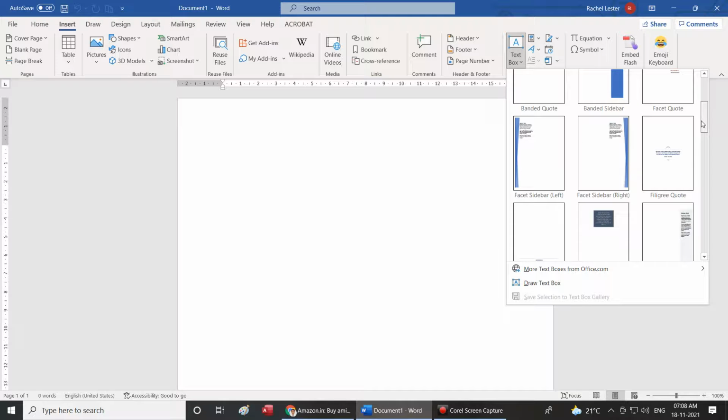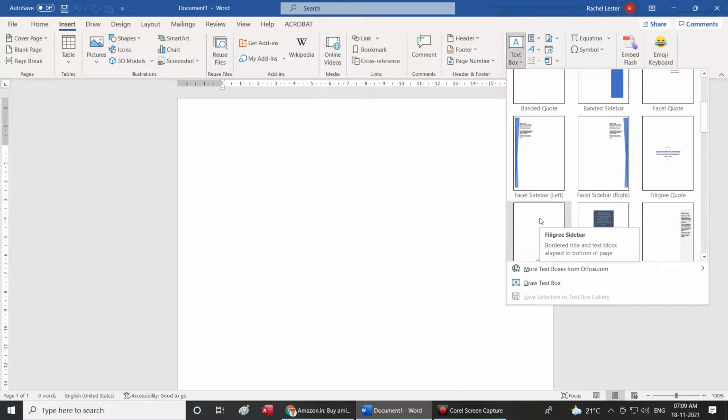G, facet sidebar left. Facet sidebar right. Next, filigree quote. Next is filigree sidebar.